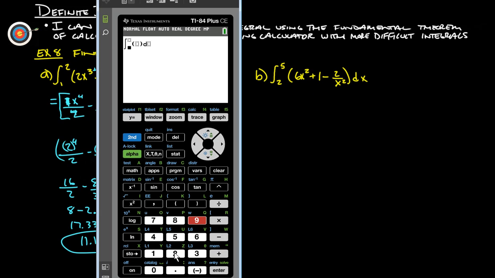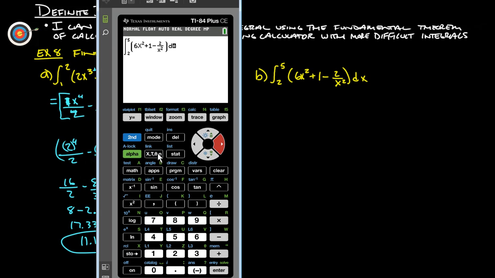Okay, and then this is going to go from 2 to 5, and our function is 6x squared plus 1 minus, and then you can do this as a fraction or you can do it with division. I kind of like the fraction, so I'm going to do second and then y equals, and it's going to give us our fraction piece here, minus 2 over x squared,